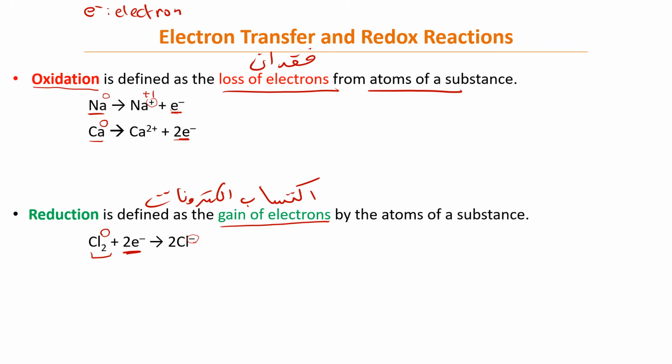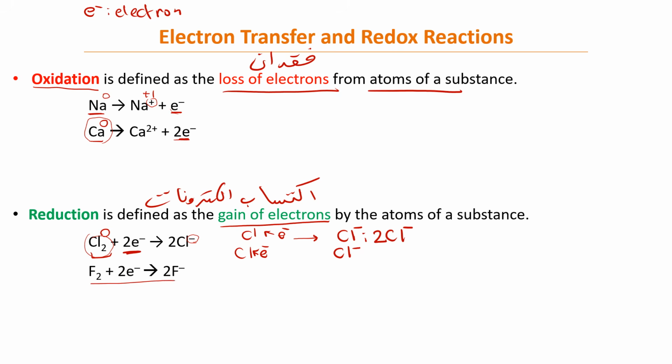But the thing here is that we have 2 Cl. So you have Cl and Cl. Each one will get 1 electron. Okay, that's why. And then at the end I will have 1 Cl minus and 1 Cl minus, and I can write it as 2 Cl minus. But here I have only 1 Ca. Do you see the difference? Because here I have 2 atoms, each one will get 1 electron. And for example, F2 plus 2Fe gives us 2F minus.